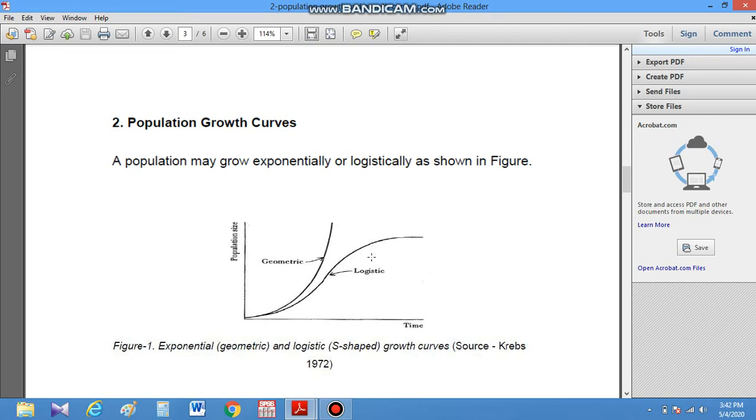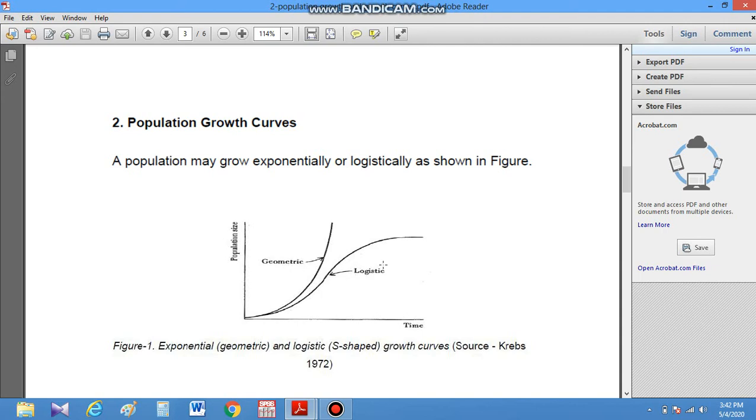What is the difference between r-selected and K-selected species? In r-selected species, many small offspring are produced, and in K-selected species, fewer offspring are produced and they are larger in size compared to r-selected species. In r-selected species, parental care is little, and in K-selected species, parental care is more. R-selected species reproduce a single time and produce many offspring.